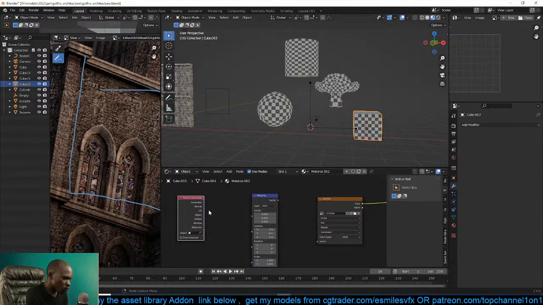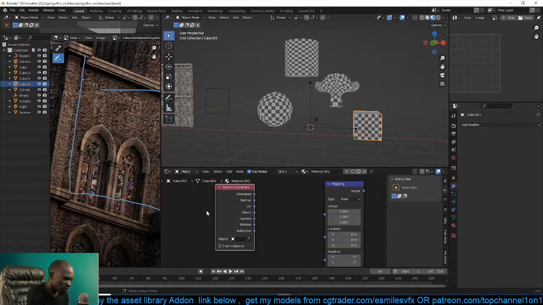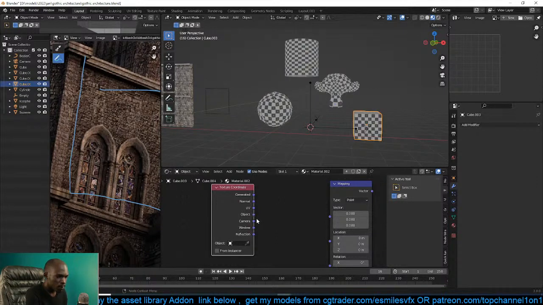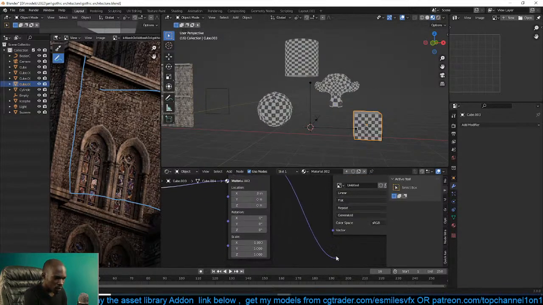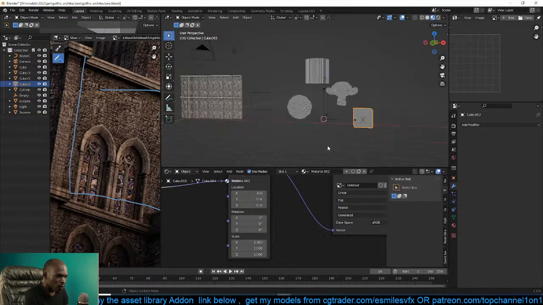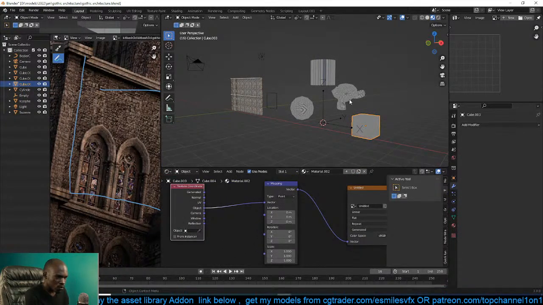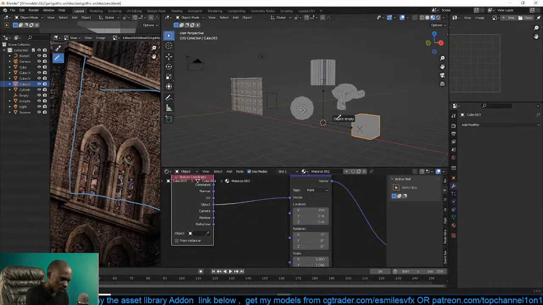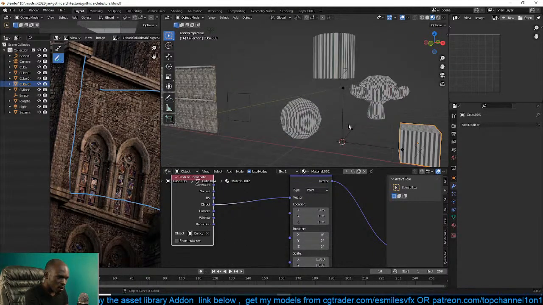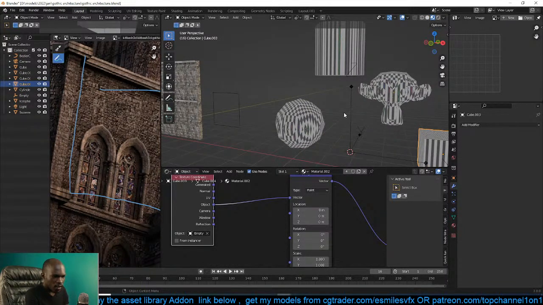So to do what you want to do, as you can see in this texture coordinate node, there is no world mapping, but what is there is object mapping, object coordinates. So I can use those coordinates, connect them to the empty like that, and now all the objects are using their own object coordinates. But if I want to use, say, the world coordinates, all I have to do is, in the object selector here, select an empty like this, and now all the objects are using the object